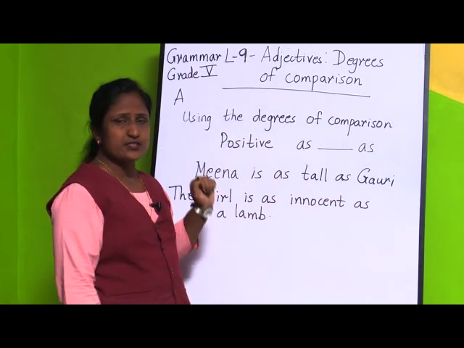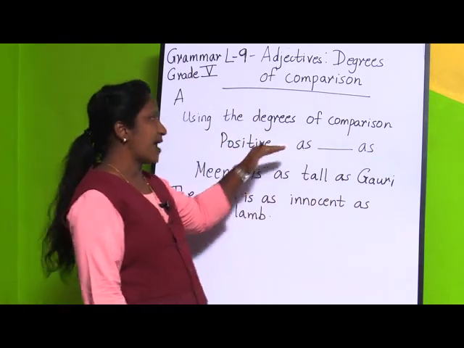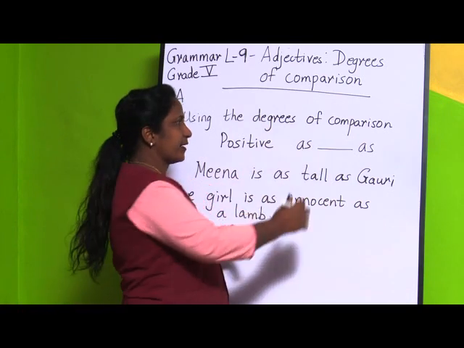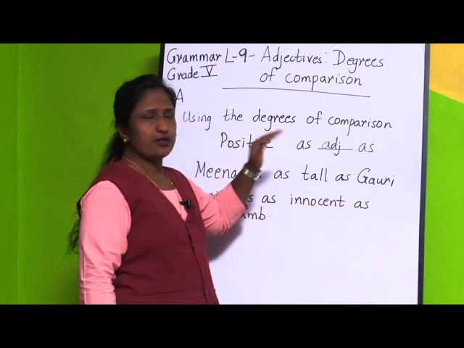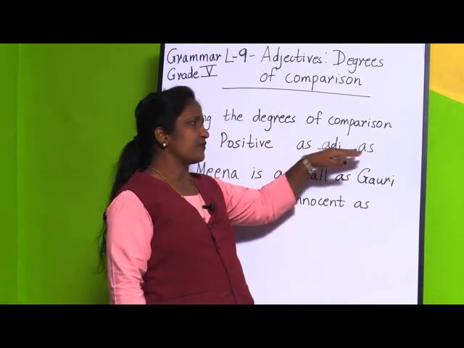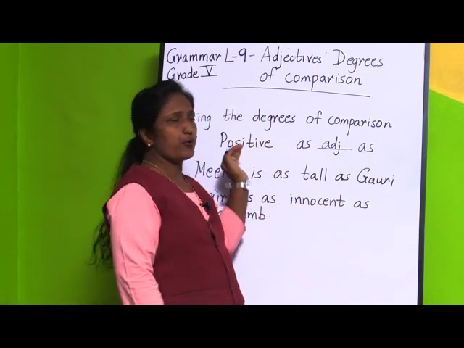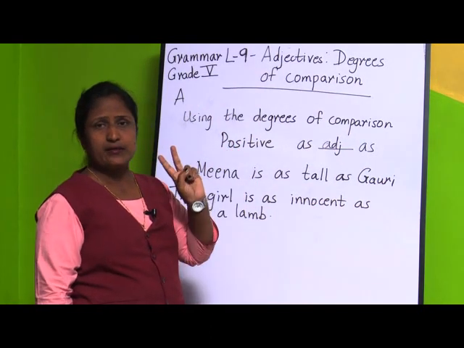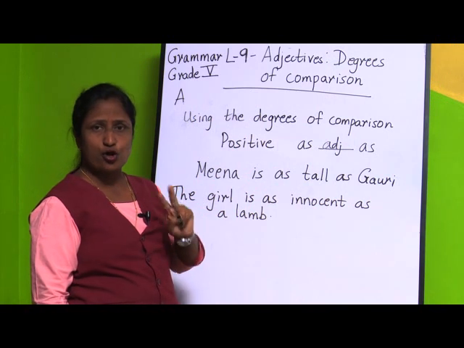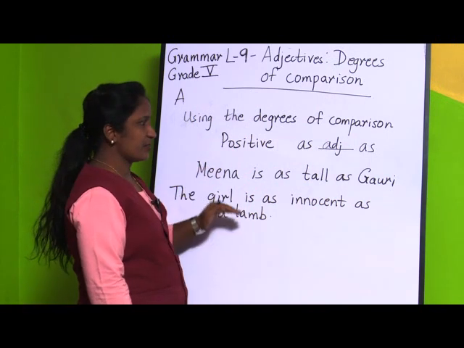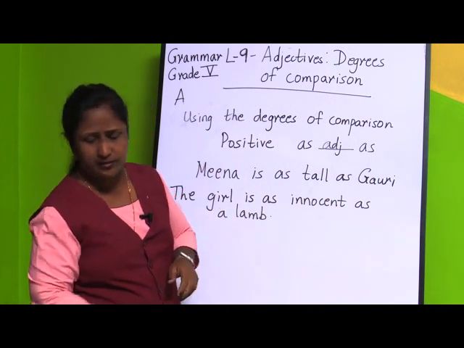So, this was about positive degree, and we are going to use as, your adjective will be there, and then again as. When we want to show the equality between two persons, two animals or two things in the positive degree, we use as, adjective and as. I hope you have understood this. So, if you take the exercise,